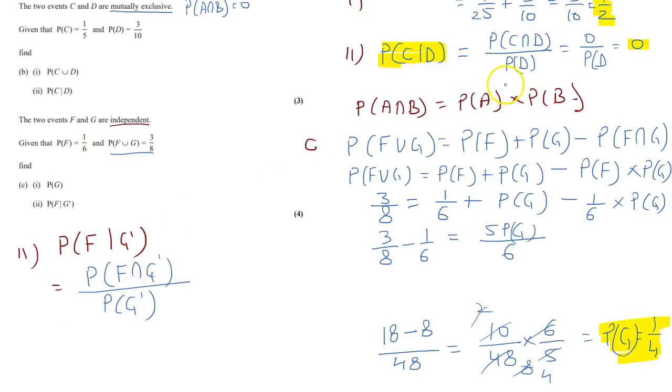Now for this we are going to use the same formula: probability of F multiplied by the probability of G dash, divided by the probability of G dash, G complement. So that is P(F), and it's